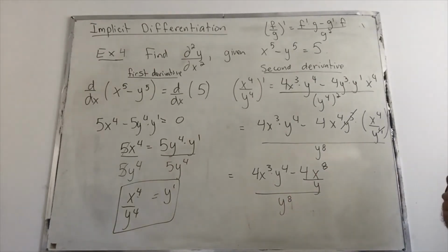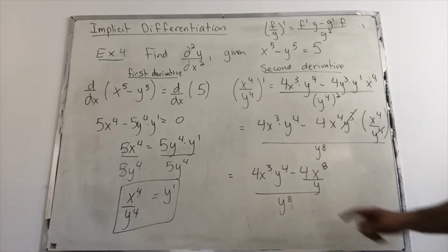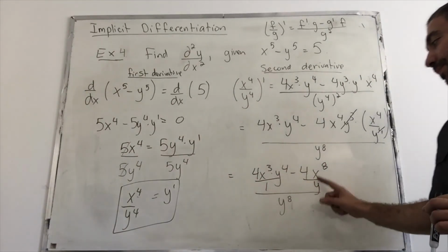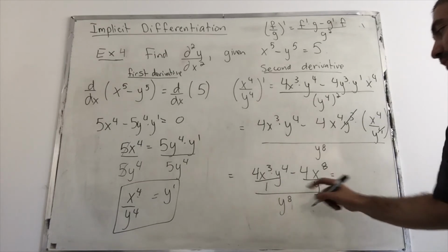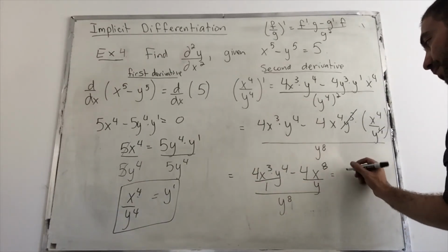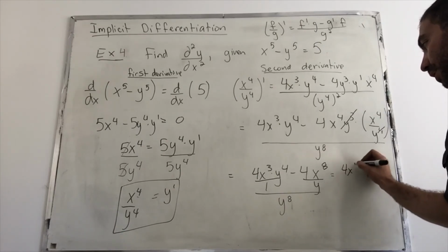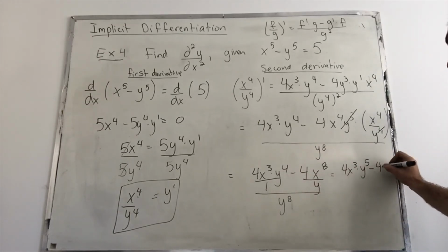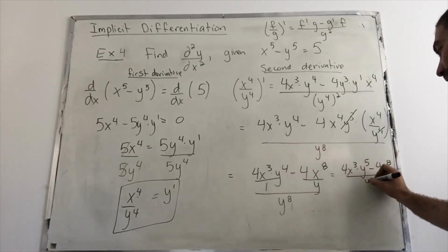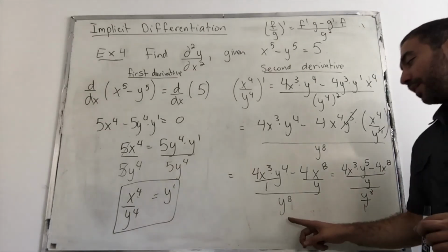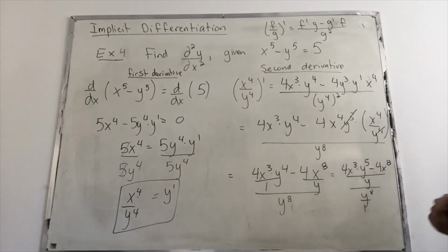Okay. Now what we could do is on the numerator we have a fraction minus a fraction. We can find the common denominator. So essentially we're going to multiply the top and the bottom by y, giving us 4x cubed times y to the 5, because we're going to multiply this by y, minus 4x to the 8, all this over y. All this over y to the 8 over 1. Y to the 8, think of it as y to the 8 over 1, and we're going to flip it, giving us